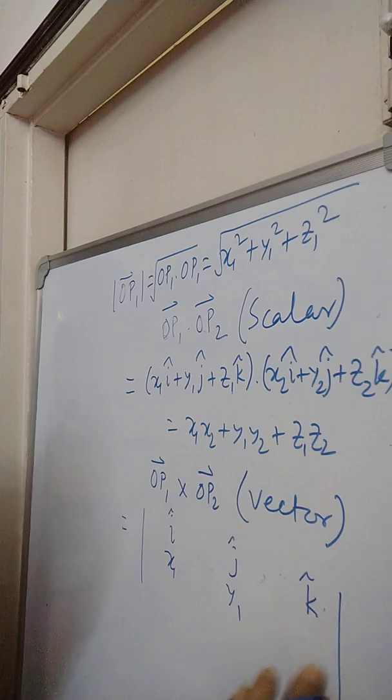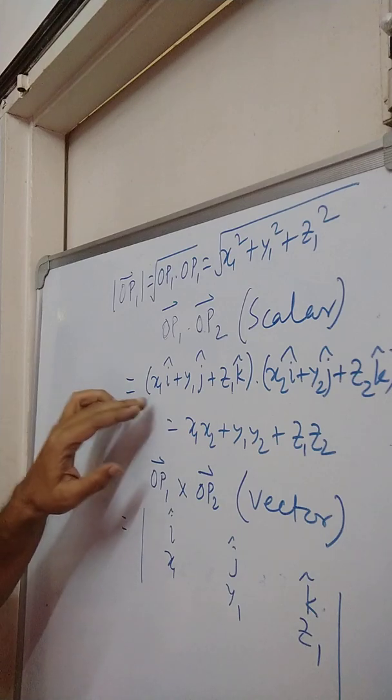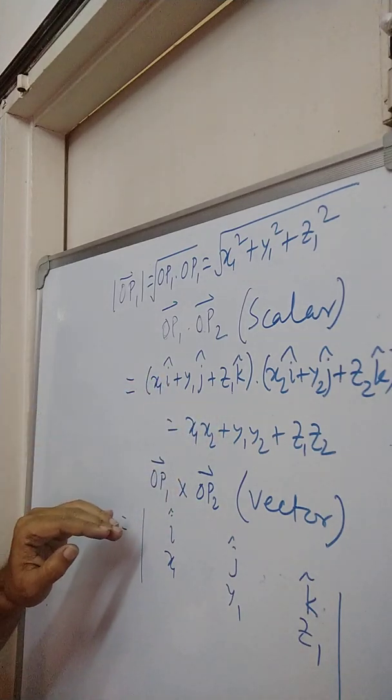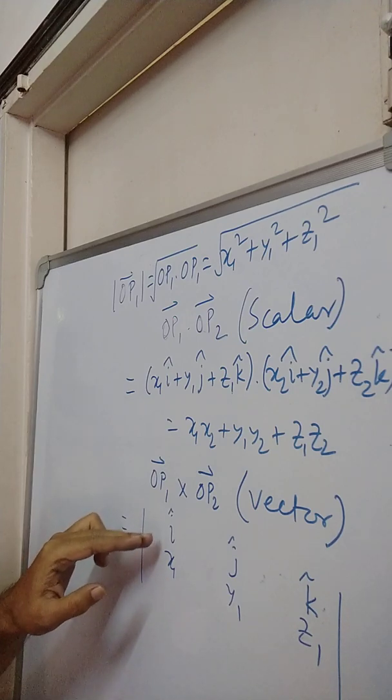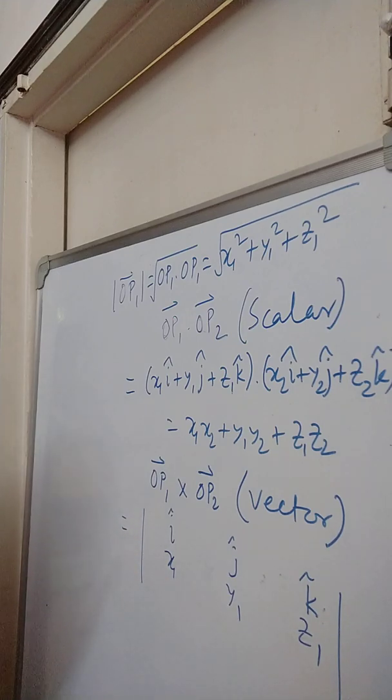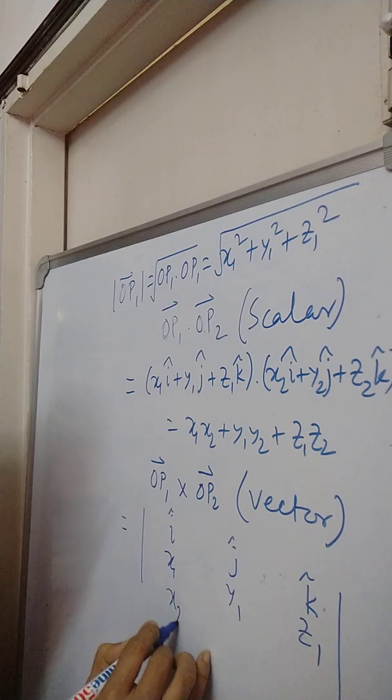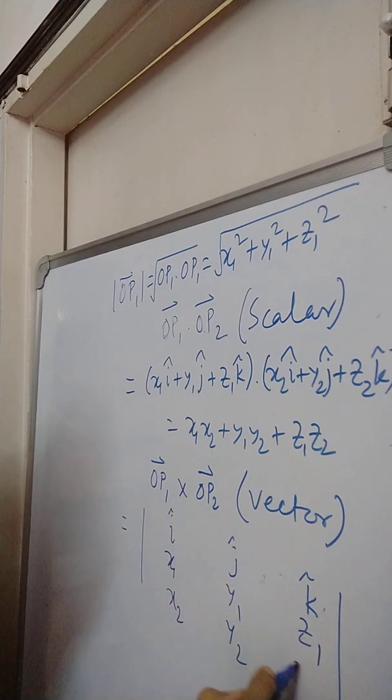I erroneously wrote x1, x2, x3. I am sorry for that. OP1 has components x1, y1, z1. So, in the second row come the components of OP1, and in the third row come the components of the OP2 vector,